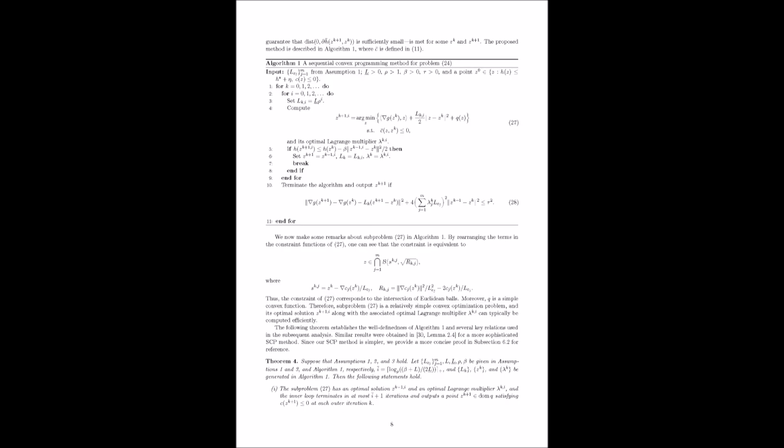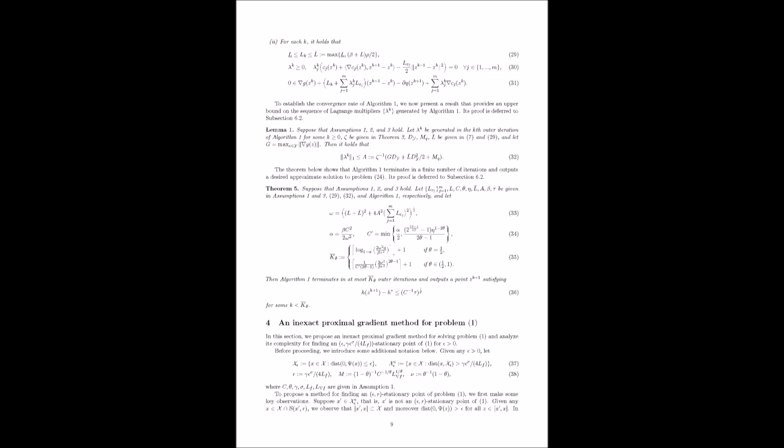But each iteration involves calling SCP, which itself takes multiple steps. What about the total work? That's Theorem 7, first-order oracle complexity. This measures the total number of gradient evaluations, nabla F or nabla C, needed, which is often a better measure of overall computational cost. It says the total oracle complexity N epsilon is the sum of the outer iterations K epsilon